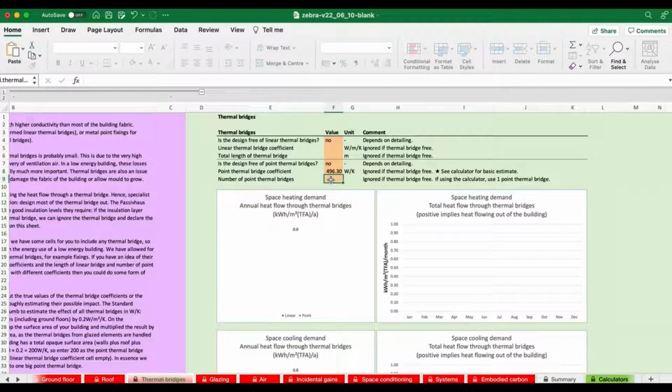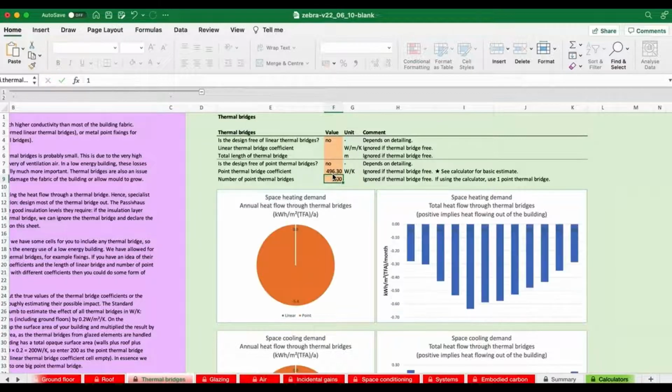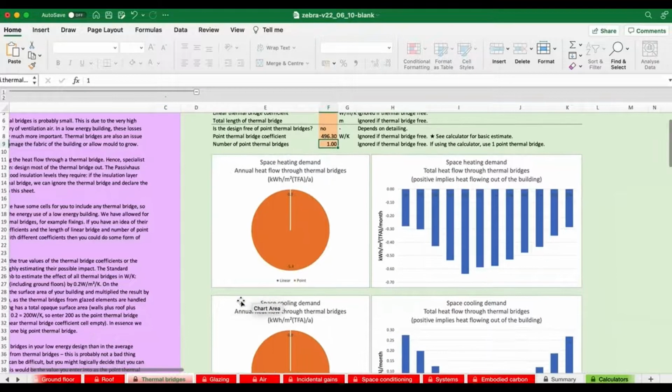And for the number of thermal bridges, we just have one giganormous thermal bridge. Okay. Once we've got that, we turn to the glazing sheet, which is the most complicated sheet to fill in, but we're going to use the most simple method for doing that.